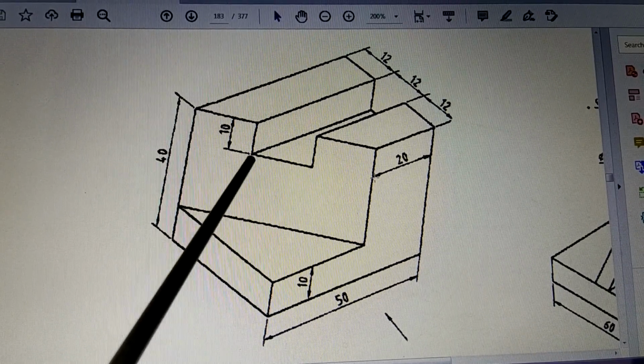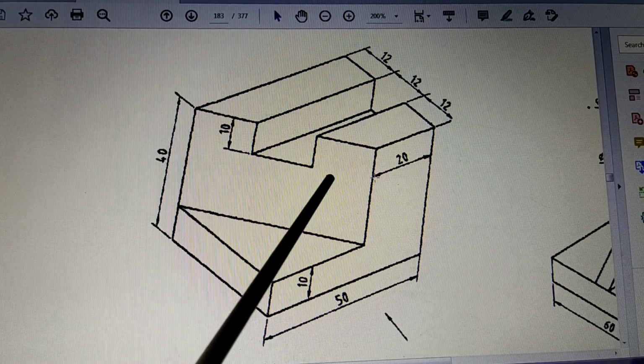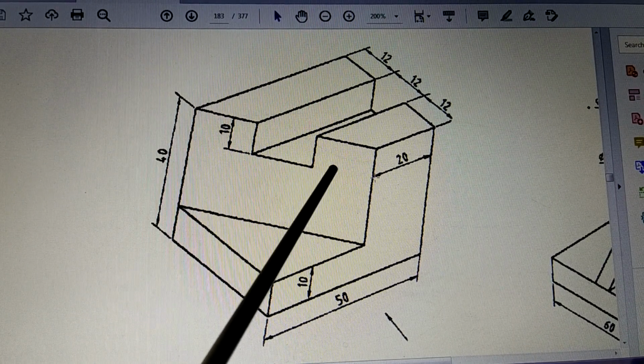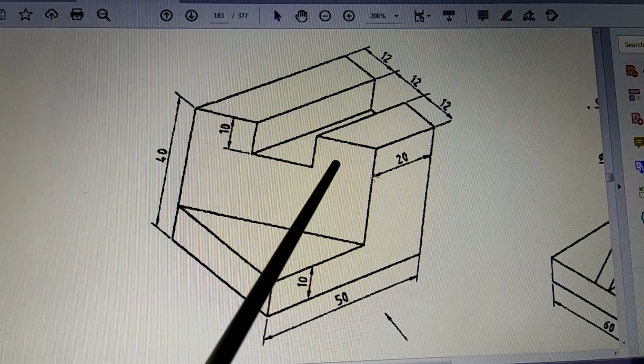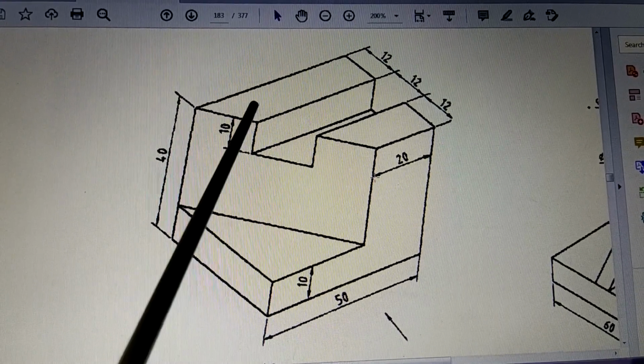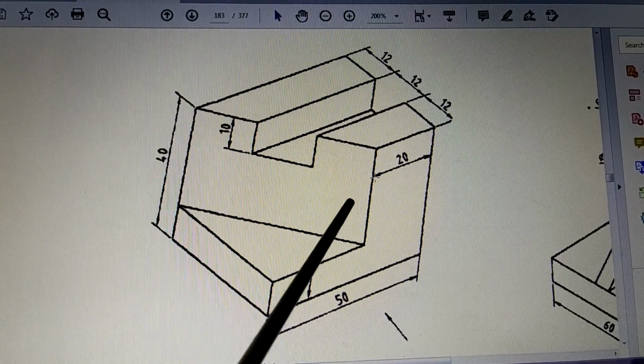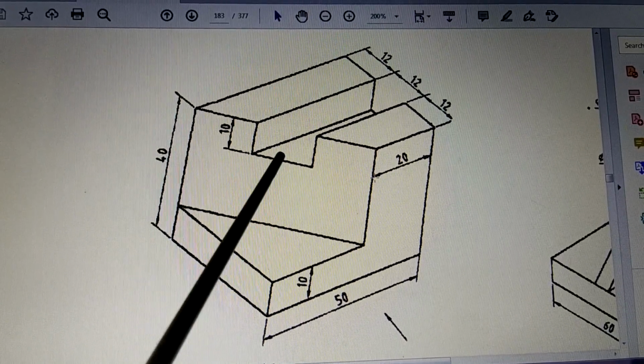So let me see how you draw it. You have to draw it by making use of whatever we have learned so far. There is nothing new. We have already learned the rule, only that rule you have to apply. The figure is new, but the rule is already known to us. So according to that rule, we have to draw this figure.